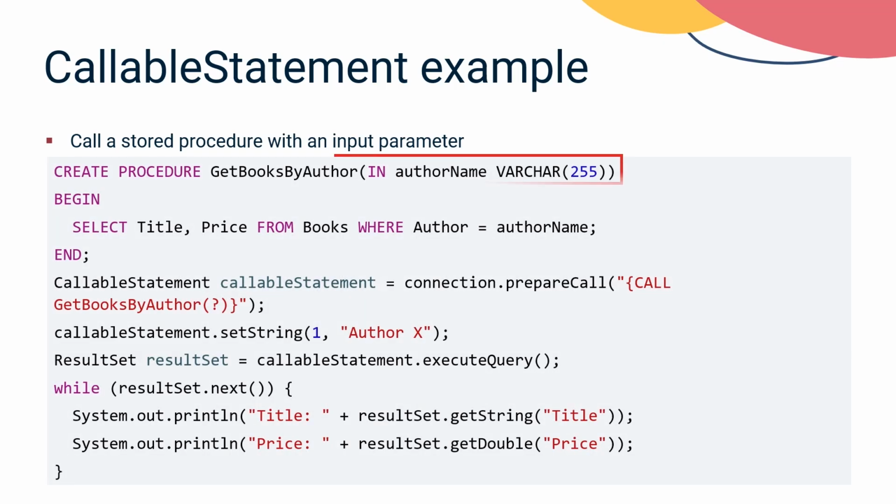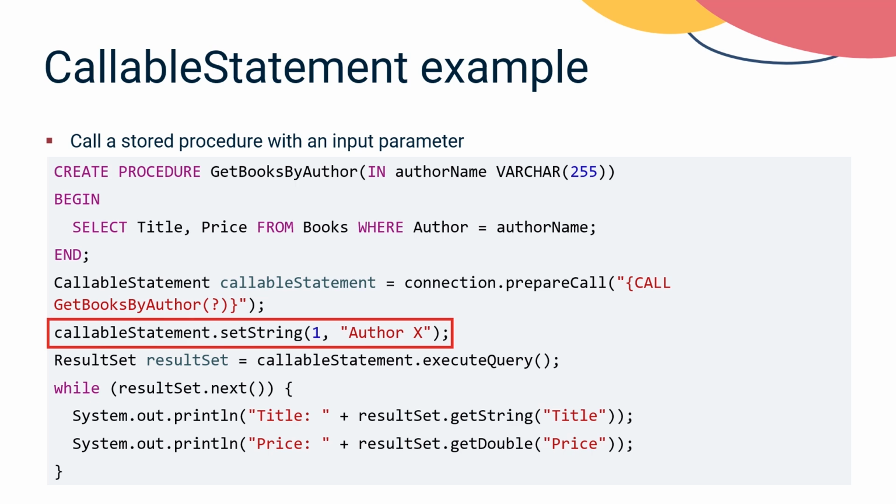In this code, the procedure getBooksByAuthor takes an input parameter author name and retrieves books written by that author. The setString(1, "author X") method sets the value of input parameter 1, which is author name in the stored procedure, to author X. This is an example of using a callable statement object to call a stored procedure by using